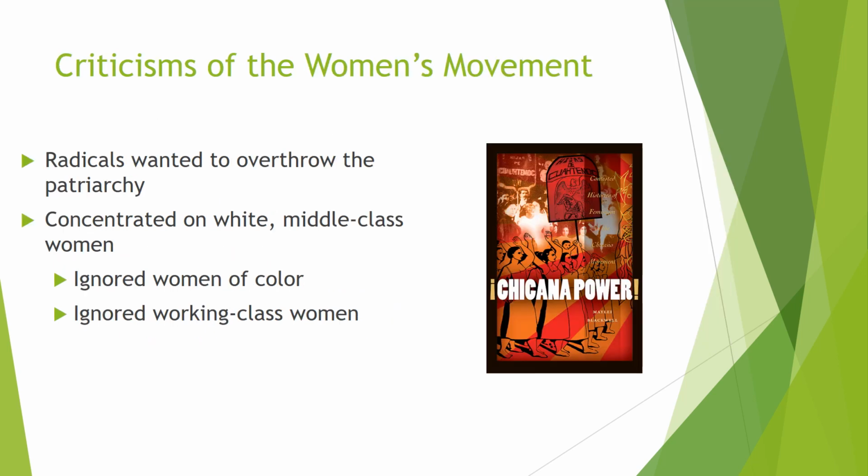Despite the popularity of the women's movement in the 1960s and 1970s, it faces a serious criticism. First of all, many people, when they think about the women's liberation movement of the 1960s and 1970s, have a tendency to focus on this small, very visible, radical group that essentially wants to restructure American society and overthrow the patriarchy. But really, one of the legitimate arguments of the women's movement is that it tended to focus on white middle-class women. It ignored women of color, and it ignored working class women.